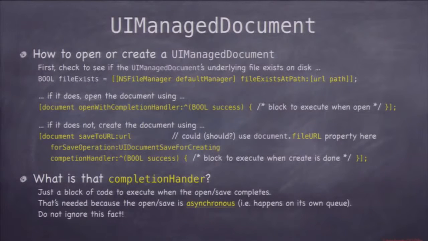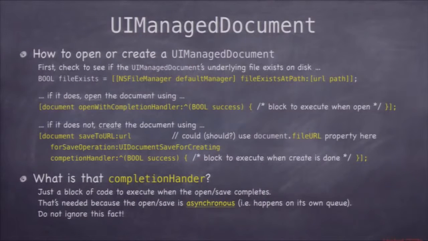Well, it's because these are asynchronous. These two methods, open and create, basically, are asynchronous. They don't happen immediately. When you ask the UIManagedDocument, please open this or please create this for me, it might take a little bit of time. Why might it take some time? Well, it's possible the file system takes a certain amount of time, but there's also other things involved that we're not going to talk about, like iCloud, where maybe it needs to go check something with some network cache, because this document is going to be on iCloud,